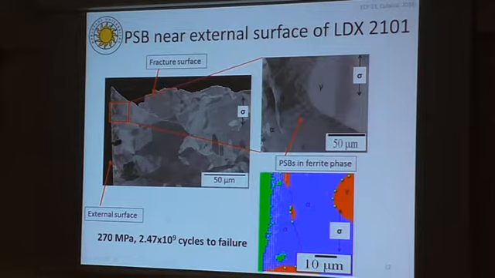In order to further investigate this damage accumulation, we took a failed specimen and cut it, starting from the fracture surface through the initiation point along the longitudinal direction of the specimen, and when we observed carefully near the external surface and the crack initiation point, we could see the presence of these persistent slip bands,